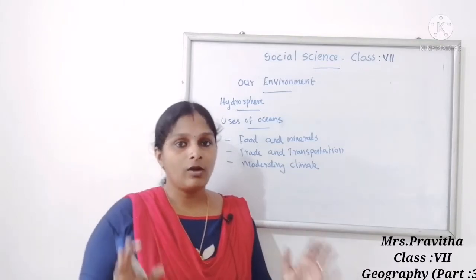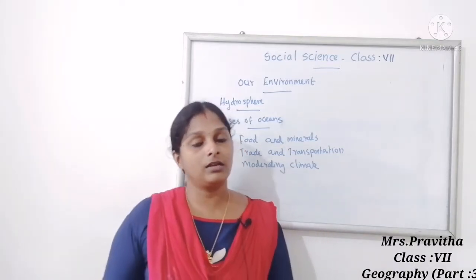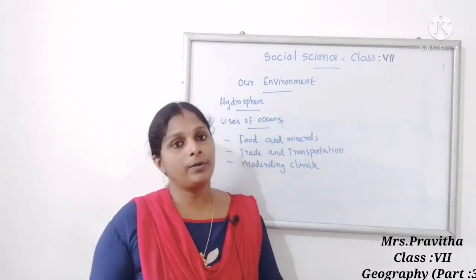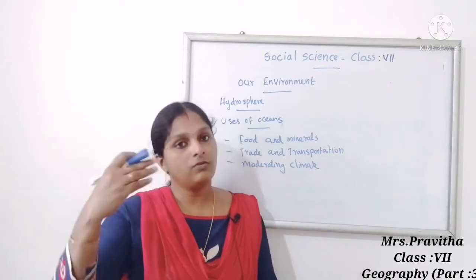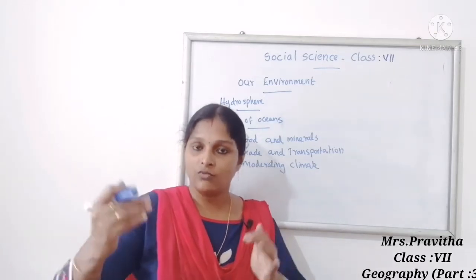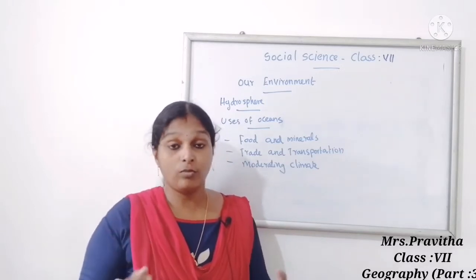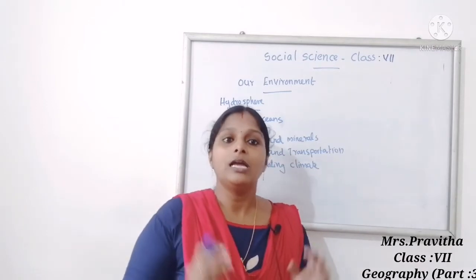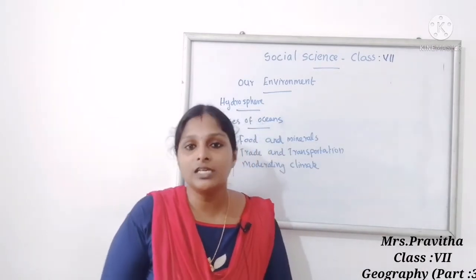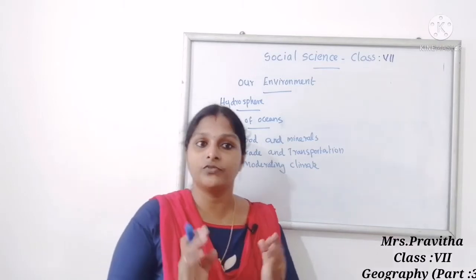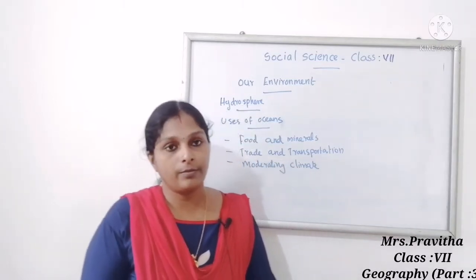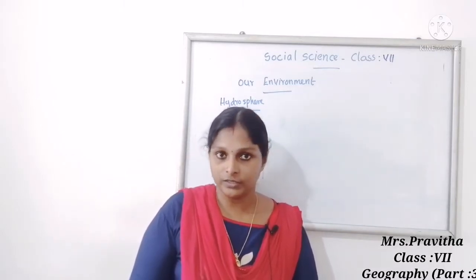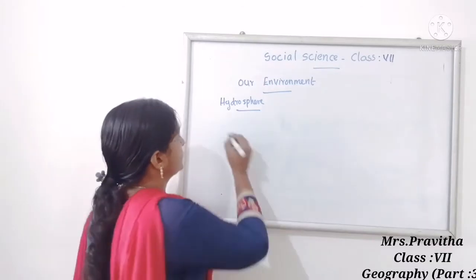Then this rain reaches again the ponds, rivers, sea, ocean. Again this water will evaporate, change into cloud, and the cloud condenses and falls on the earth in the form of rain or snowfall. This cyclic process is known as water cycle. In a simple way, it is the circulation of water in all the realms of the earth. So I think you understood about hydrosphere. Now we are going to study the next realm of the earth, lithosphere.